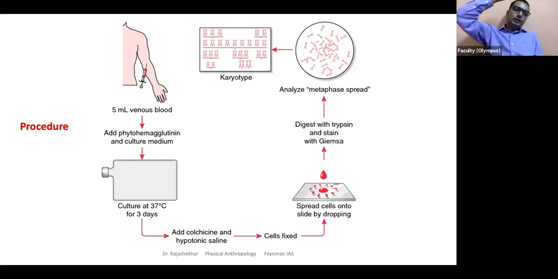So they drop the cell on the slide. Okay, after swelling it, then what happens? The chromosomes will spread, and this is the trick. And I remember seeing it in a demonstration class. If you properly drop it, then chromosomes will nicely spread. Otherwise, what happens on the image? Chromosomes will lie on top of each other. So you need a very good spread of the process. This is a very laborious process for that reason. You have to drop it nicely so that chromosomes will nicely spread out. Otherwise, you cannot analyze the chromosomes later. You just have to be lucky when you drop it and good at dropping that cell. And that's it. You actually have chromosomes spread.